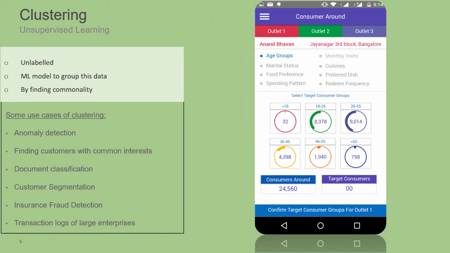Our Learn a Concept for today is clustering. Clustering comes under unsupervised learning as it deals with unlabeled data. When dealing with some real-world examples, data may not come with predefined labels. In such cases, we need to develop ML models that can group this data by finding some commonality in the